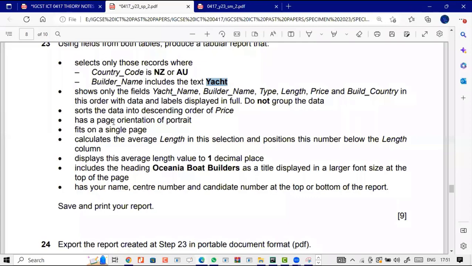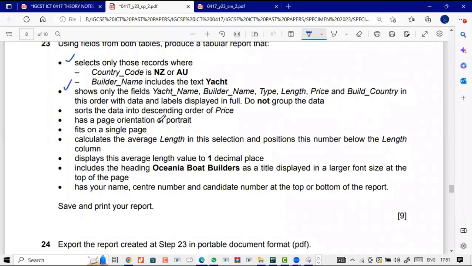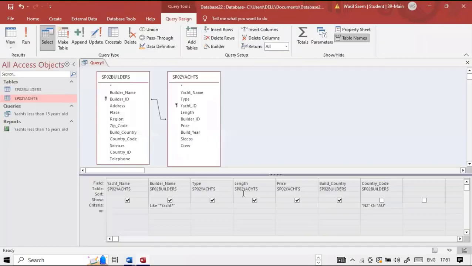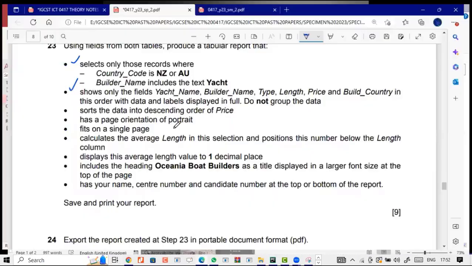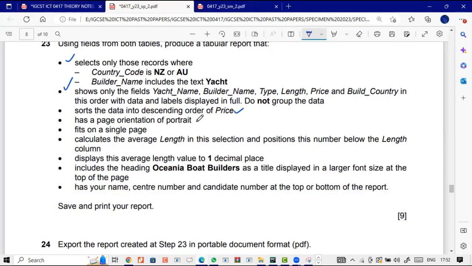Page orientation portrait. So we're done. Let me just take what we've done. We've done this point. We have done this point. Sort into ascending order of price. So we just simply have to make sure that as far as the price is concerned, it's ascending order. Page orientation portrait. This all has to be done basically